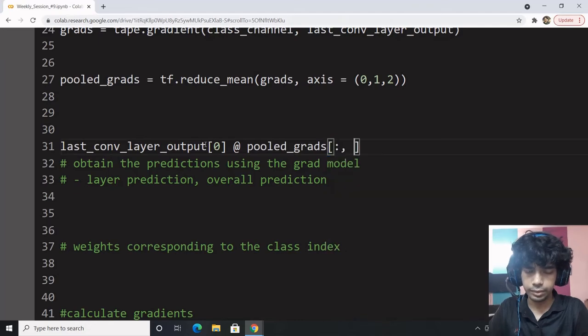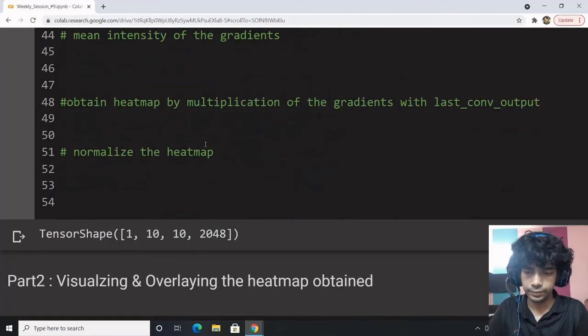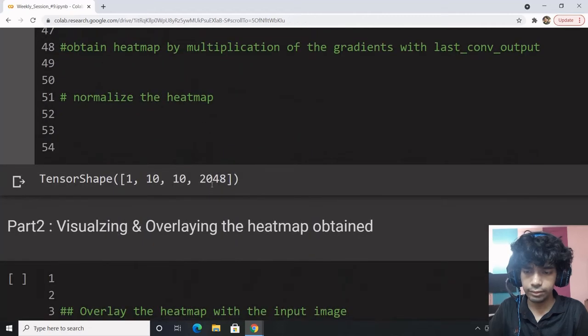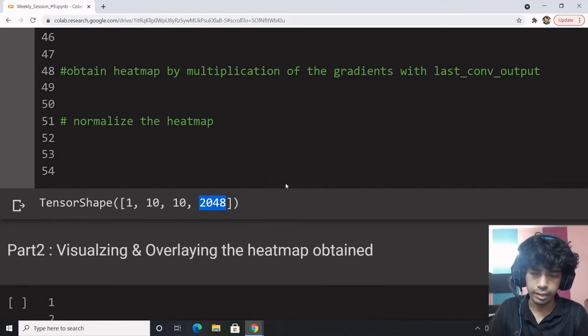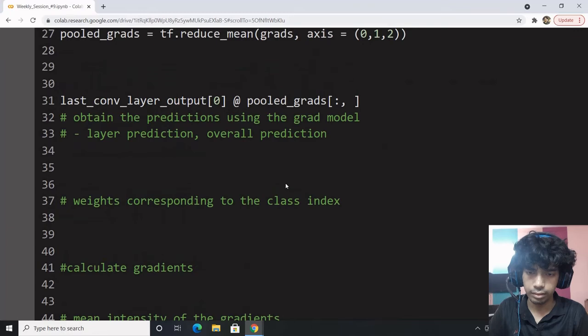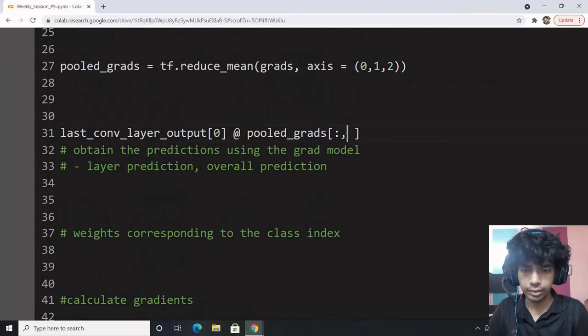So what I'm going to do, the 2048 from here and the 2048 from pooled gradients match. Here we have 10 10 2048, and over here I'll have 2048 cross comma 1. So the final output would be 10 10 1. I hope you are able to catch that.